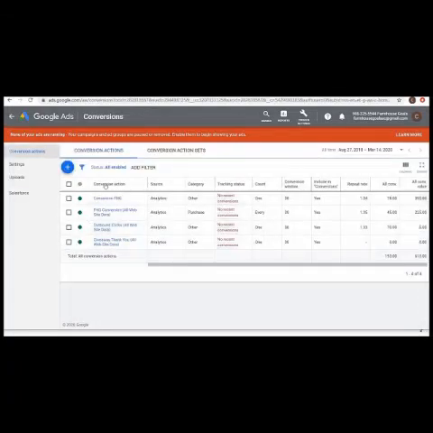Now, one thing to keep in mind is after you do create a conversion, there's going to be an option over here, include in conversions. If you have yes here, then that means that it will include any of the conversions for all of these different conversion actions that we've created in our campaigns if we can tie them back to our Google Ads campaigns. So for example, if someone clicks